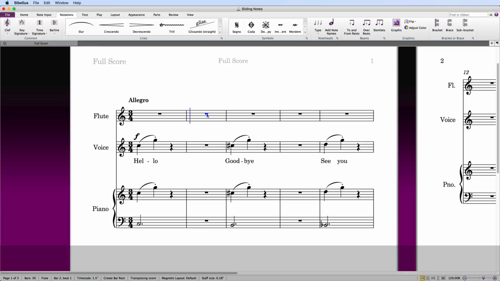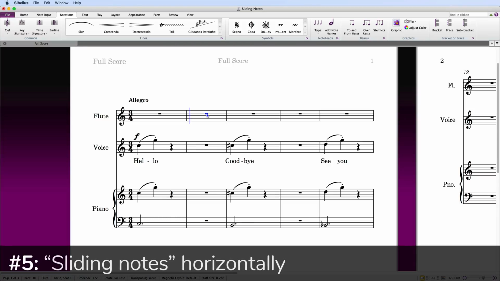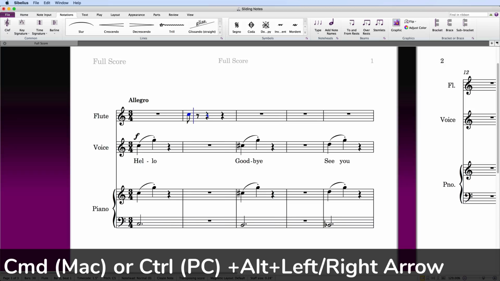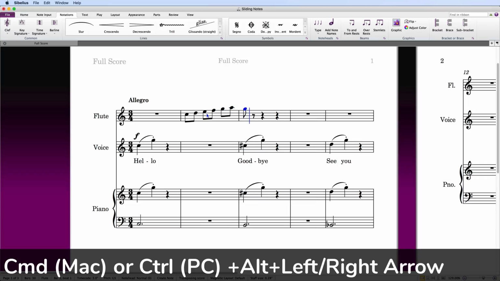Number 5 is the ability to move notes and rests horizontally, which we'll call sliding notes. This first appeared in Sibelius 8.2 and was refined in 8.3. I find myself using this one a lot. It's worth remembering the shortcuts here. Command or Ctrl, Alt, left or right arrow. You can slide a note during note entry,